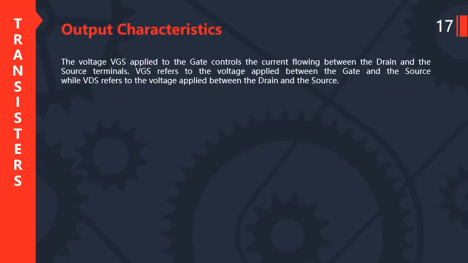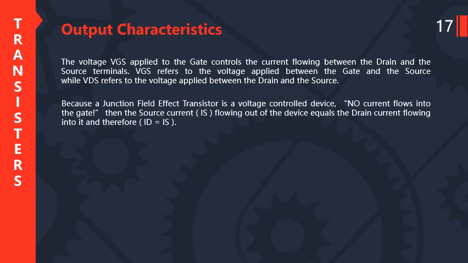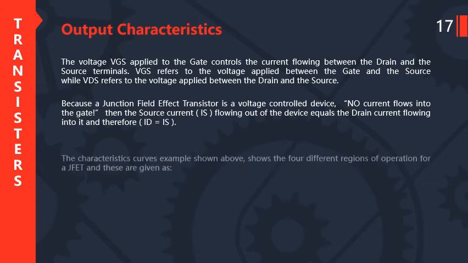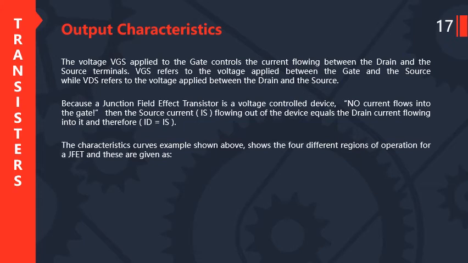The voltage VGS applied to the gate controls the current flowing between the drain and the source terminals. The VGS refers to the voltage applied between the gate and the source, while the VDS refers to the voltage applied between the drain and the source. Because the junction field effect transistor is a voltage controlled device, with no current flowing into the gate, the source current IS flowing out of the device equals the drain current flowing into it, and therefore ID is equal to IS. The characteristics curve example above